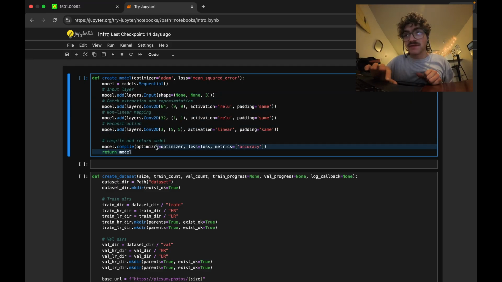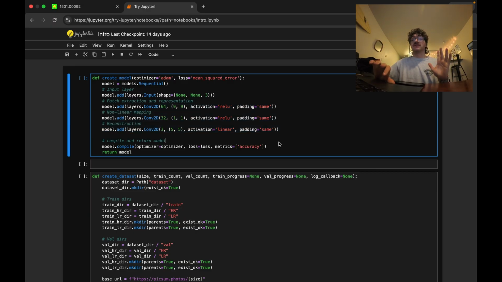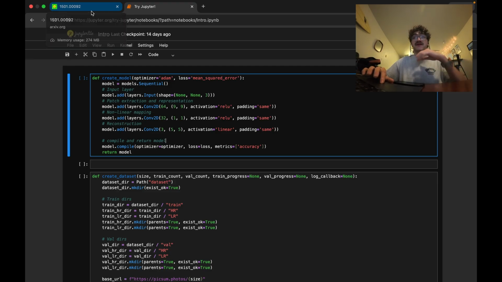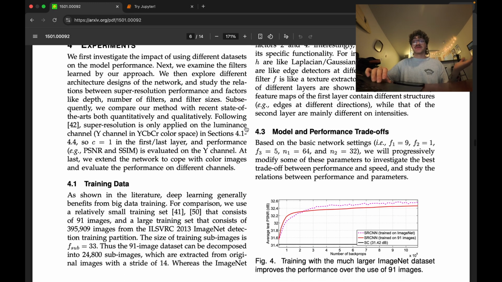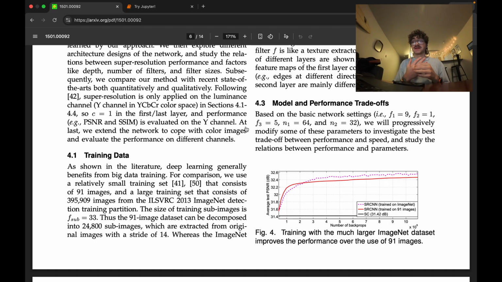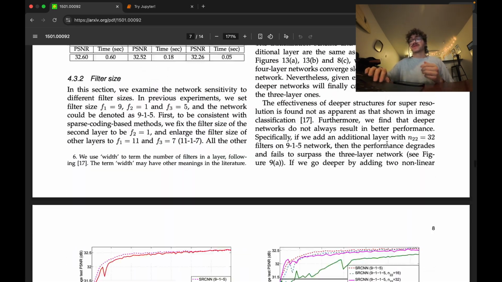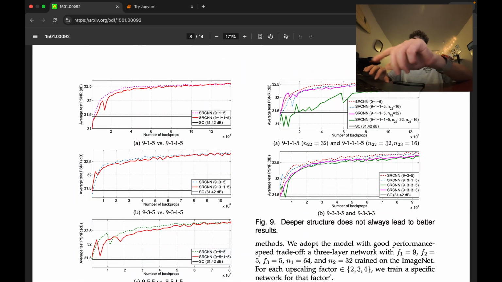I completely forgot to explain what all these numbers mean and why I chose them. So I'll briefly go over that for anybody who's curious. It actually just comes from the paper, because the scientists who wrote this paper, the paper that this whole project is based on, already did a lot of analysis and figured out what parameters were best. And you can see in the paper, which there's going to be a link to in the description,